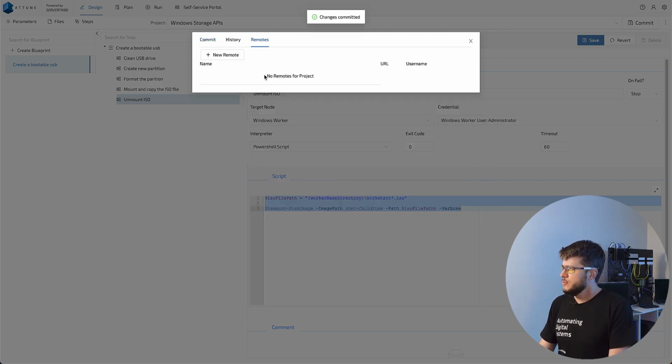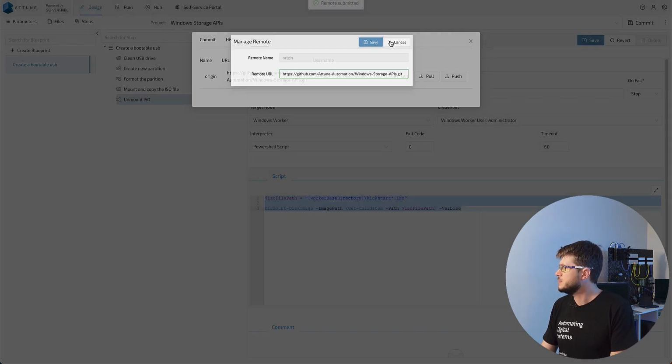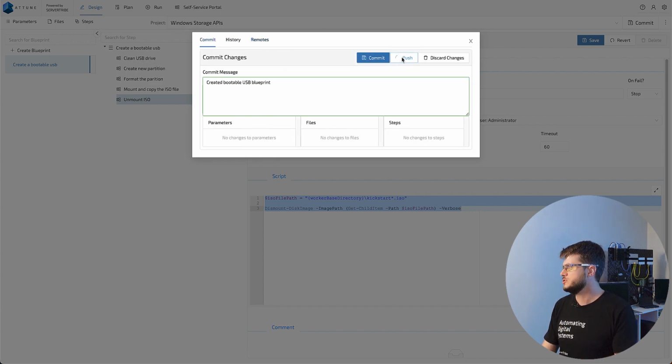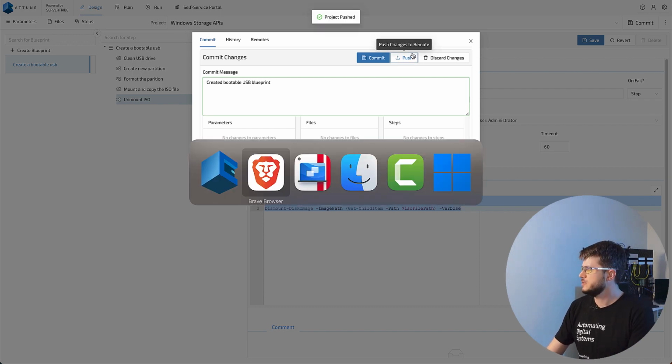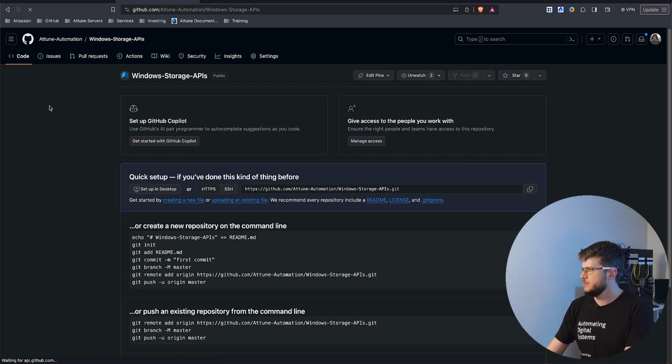I've got to enter the remote. GitHub, save that. I've already got my GitHub credentials in here. You can add your own credentials through either the little user account at the top right or in through here. I'll go back to commit push. Project push. Now if I go across, refresh this page,